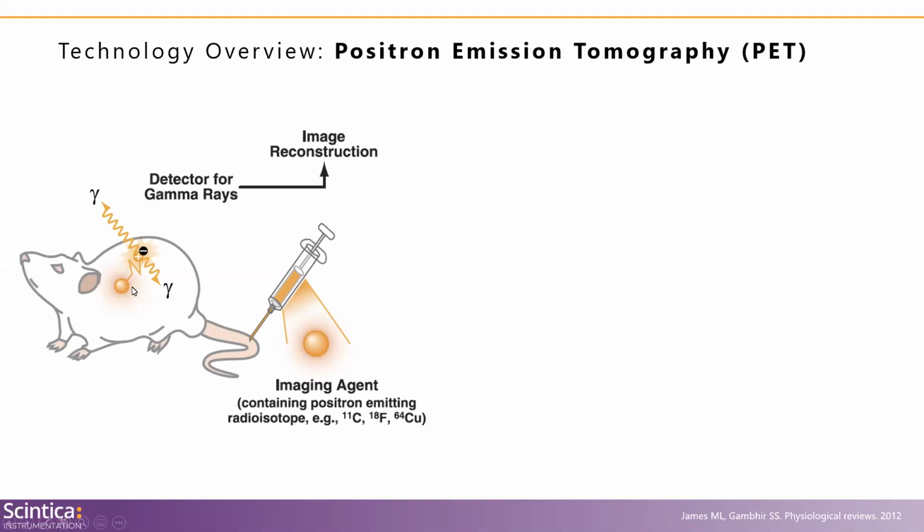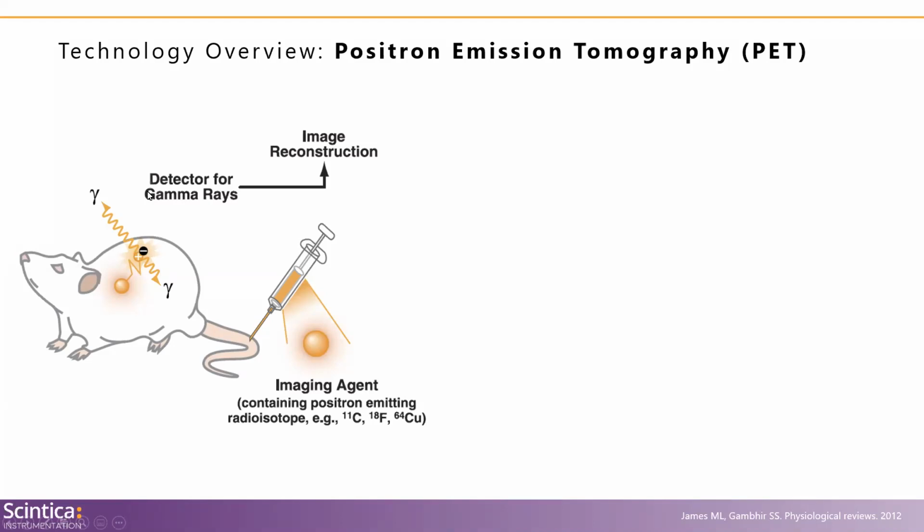What happens following that injection is radioisotopes will decay. As they decay, they emit a positron, which will then travel a short distance and collide with an electron in the surrounding tissue. This interaction causes the release of 2 gamma photons in approximately opposite directions. Now, following the detection of gamma rays by the PET detector, which we can't see in this schematic, but it would be surrounding the animal here,